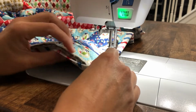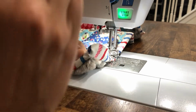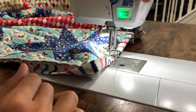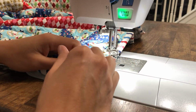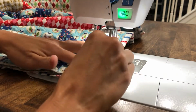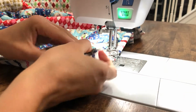I am nearing the corner here. You'll remember we did our miter corner on the reverse side. So sometimes you just get stray threads, pull them out. So here's what we do. I always decide which corner is going to fold up, and I'm just going to do the right hand side. So when you get to the corner, everything is flipped like that as you're sewing. I flip it over,